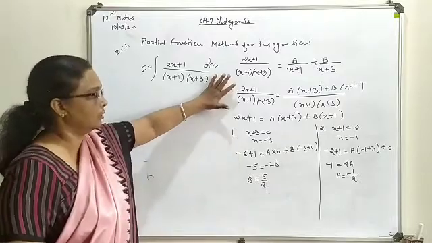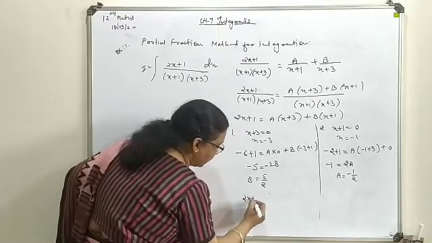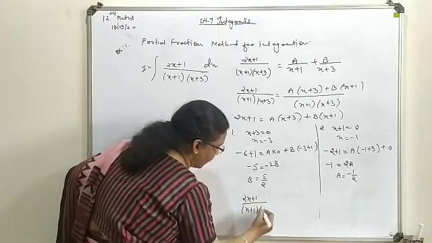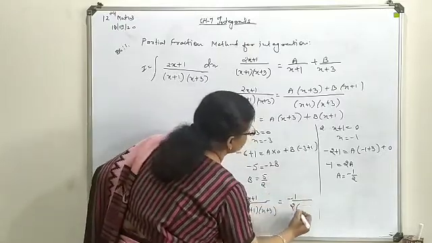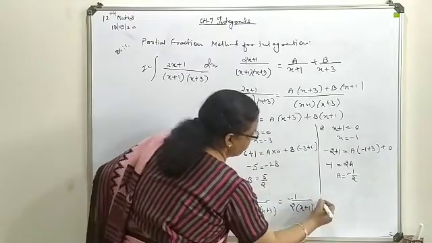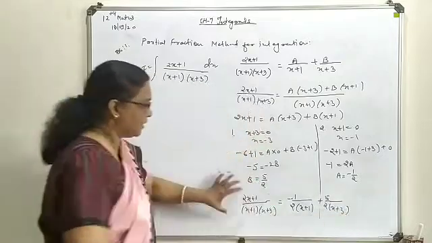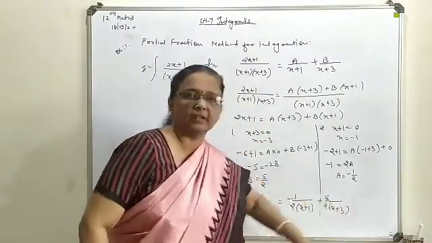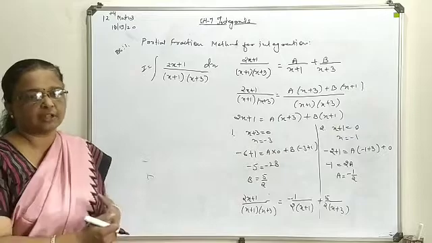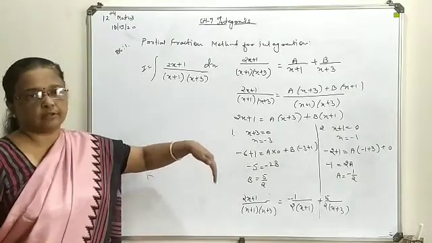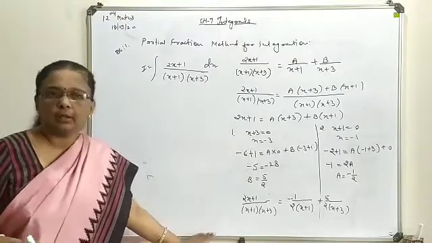Now you come to your question form, that is this one: 2x plus 1 upon x plus 1 times x plus 3. In place of a you write that particular evaluated constant, and in place of b, you write that particular evaluated constant. So this way, this fraction you can write into two parts for further integration. That's why it is called a partial fraction, meaning partially we have separated out this fraction form. Now you come to your main question. So this will also be considered a part of your solution.